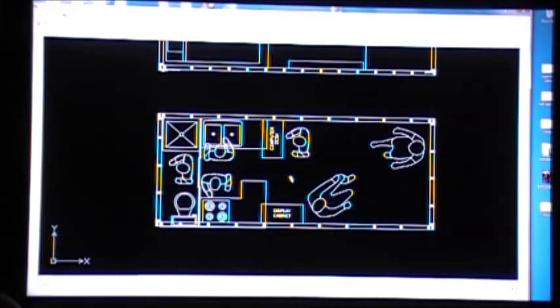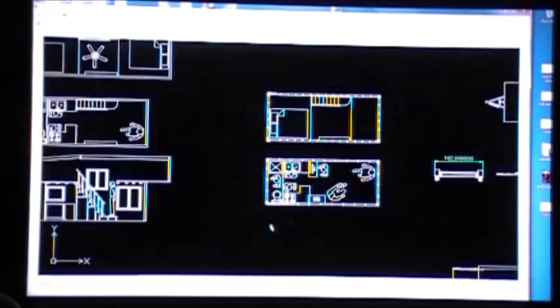Now, how did I start that? Well, I knew basically the size I wanted. The outside is going to be the maximum 8.5 feet wide and 20 feet long. It's built on a 20-foot long trailer. I started out with the floor plan, playing around with a bathroom layout, another bathroom layout, no shower, a very small bathroom, shower, no sink, and here's my kitchen in a U shape, and I plucked them and put them down on the floor plan. It doesn't matter how you do this, on a piece of paper or on